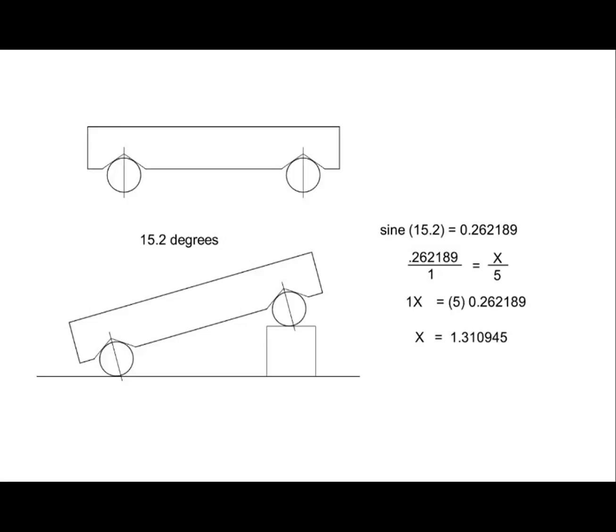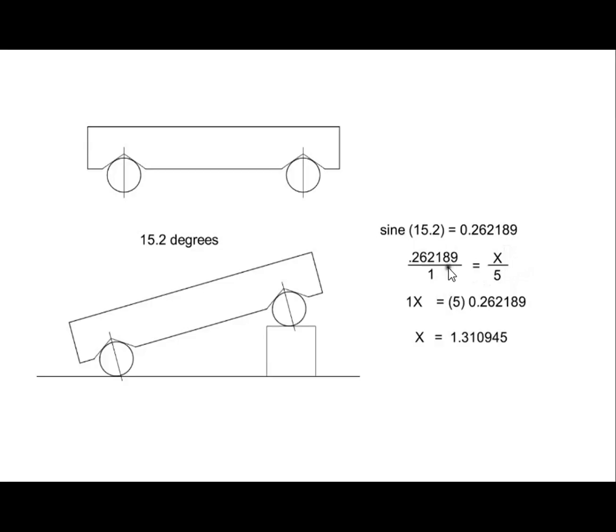Now, we have our example of a 15.2 degree angle of a sine bar, and you want to find this value here between this roll and the plate. This is basically a standard granite plate that you put this on. The sine for a 15.2 degree angle is 0.262189. Now, to figure it,